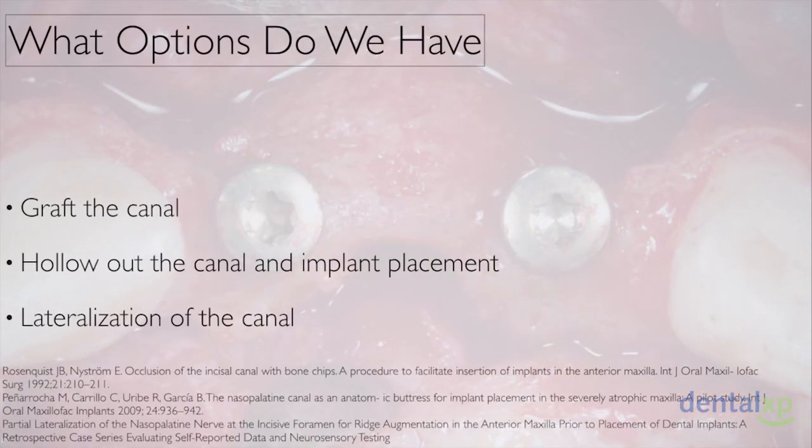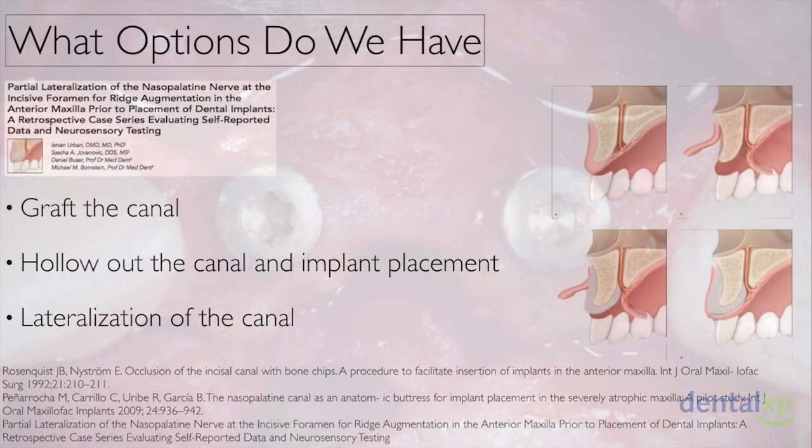Now, we could initially start by curetting the contents of the canal and grafting it and treating it as a socket, if you will. We could hollow out the canal and place an implant, and both of the previous techniques are associated with a higher rate of neurosensory problems. So the option we decided to go with for this case is partial lateralization of the nasopalatine canal or bundle,